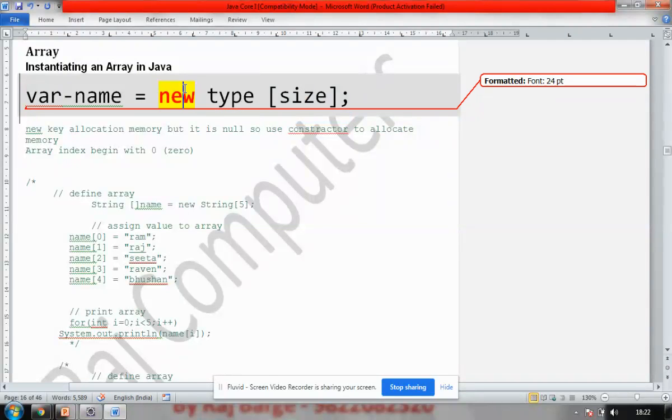Now, a very important thing: when you say new, it is for your memory allocation, but it is not going to initialize any member. To initialize any member, we'll be using a constructor, and the constructor allocates memory to your variable. Second important thing, all the elements of an array begin with index number 0. So they are going to start with 0.